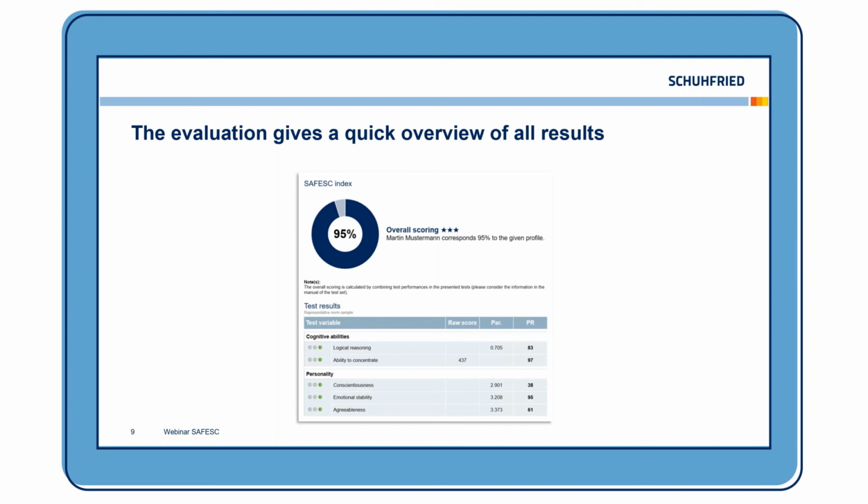If you have just paid attention, you know that different skills are not equally important in every area. And that's why when calculating the total value, we take these differences into account and weigh the results in the individual skills based on empirical findings regarding the relevance for the respective area to finally calculate the overall scoring. Of course, in addition to the quick overview that the overall scoring provides,